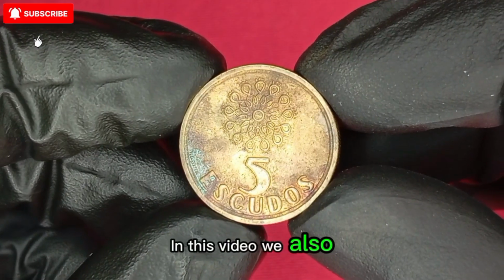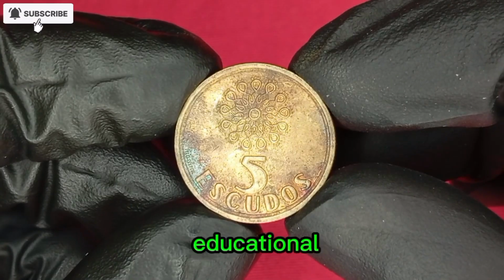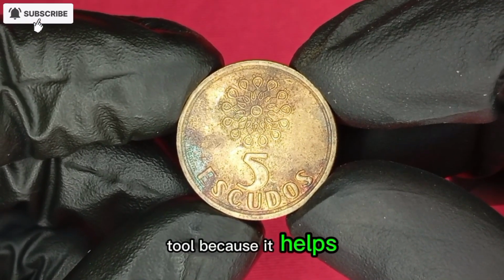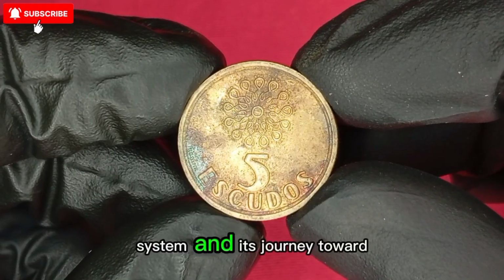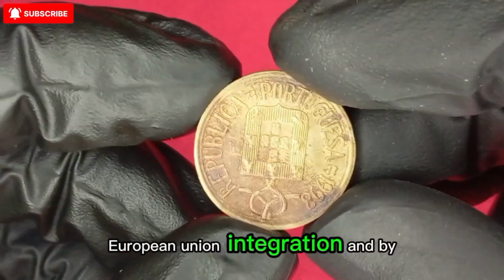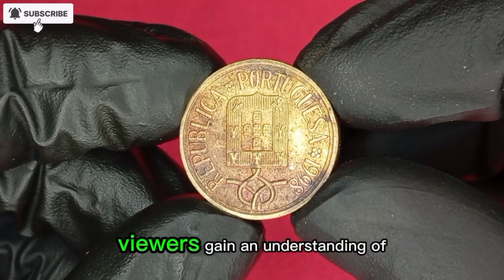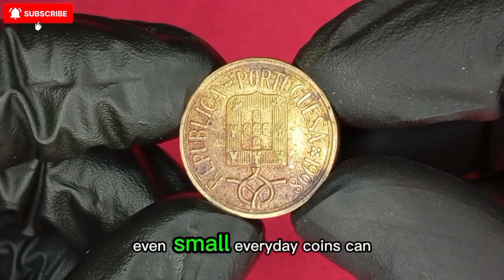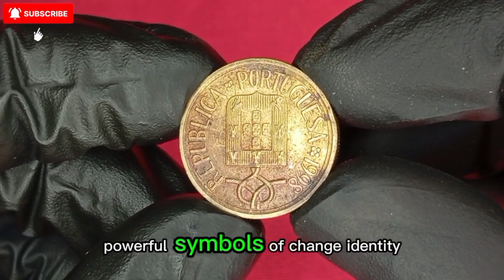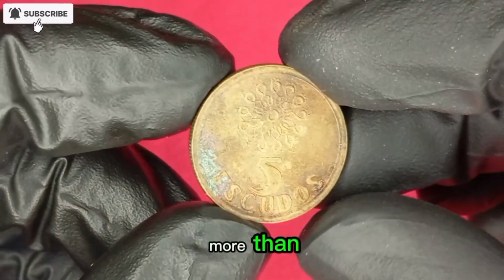In this video, we also highlight how the 5 Escudos 1998 coin can be a great educational tool because it helps people learn about Portugal, its culture, its financial system, and its journey toward European Union integration. By studying this coin, viewers gain an understanding of how nations evolve economically and historically, and how even small everyday coins can be powerful symbols of change, identity, and national pride, which makes this piece more than just metal